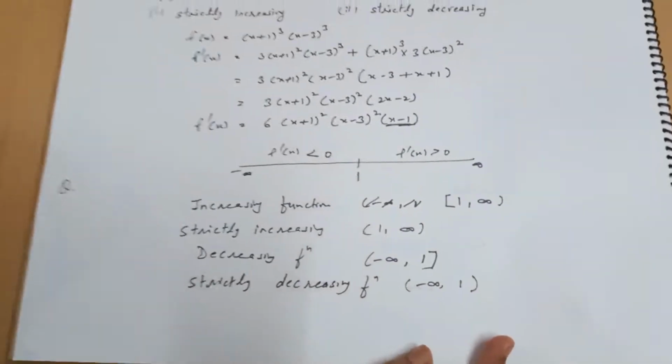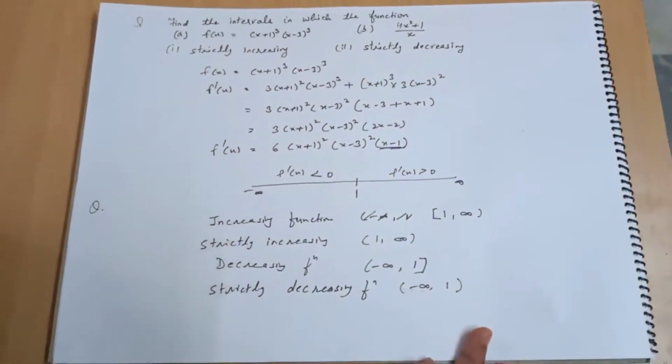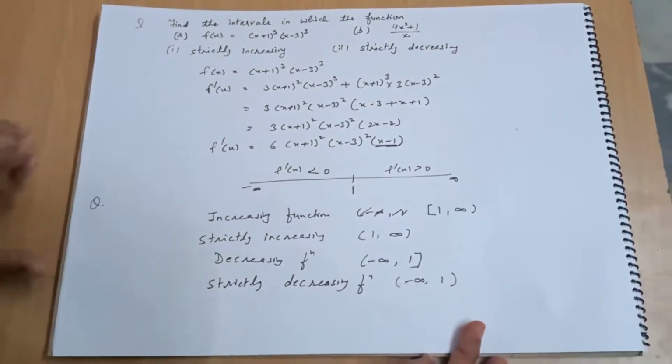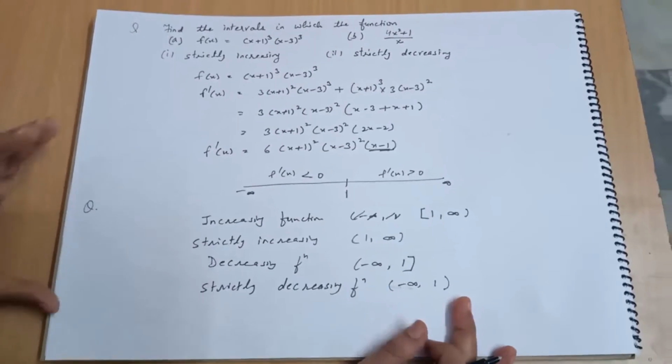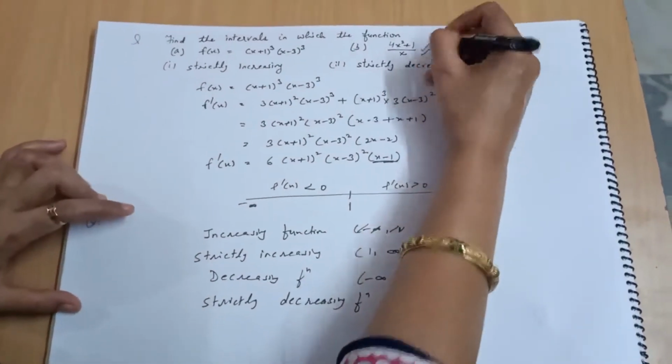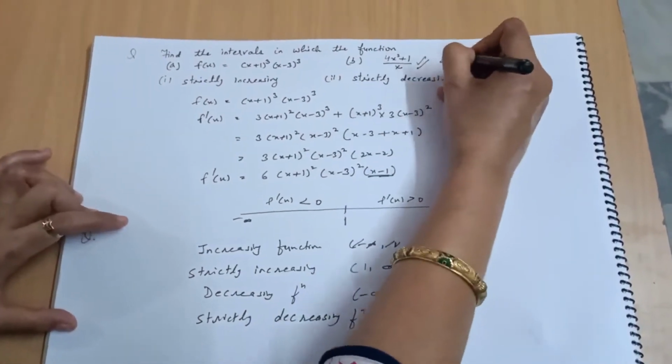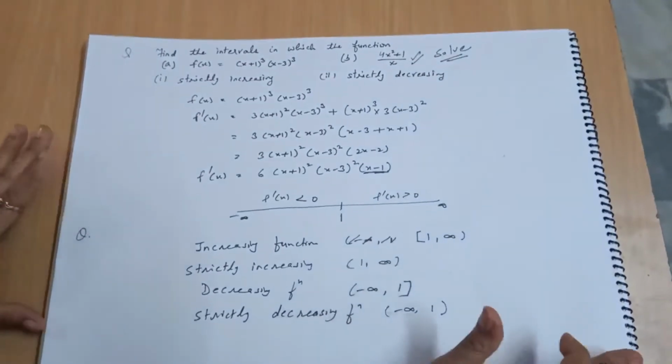And don't get confused, because in R.D. Sharma they have taken all the functions as strictly increasing and strictly decreasing. So they have used open interval for all. Okay, you need to practice this question. I am leaving it for you. You solve, okay, and send me the answer. Solve this question. Okay, thank you students.